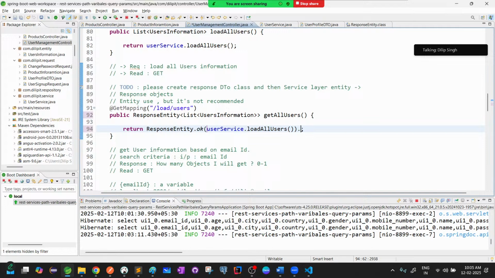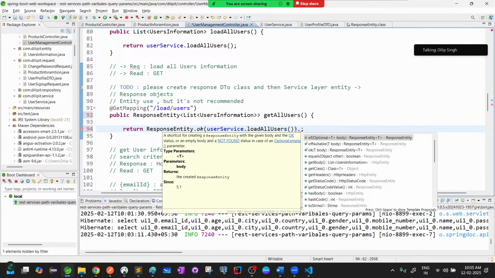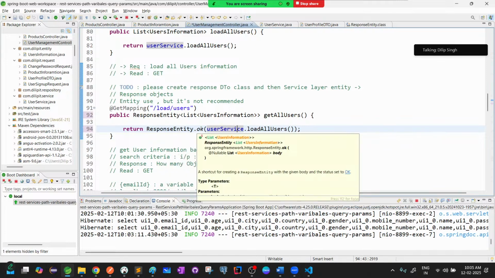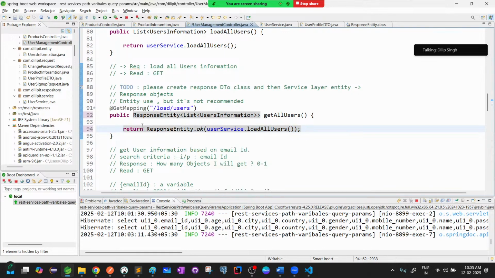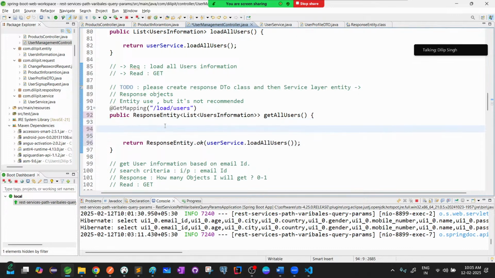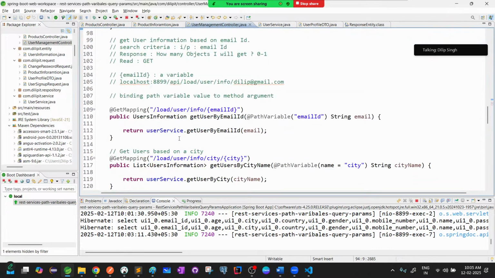So it's all core Java skills, guys. You can't say like, sir, what you're writing under. So that means 200 okay, if everything is good. Or you can write if else conditions also in this case. Okay, now what I will do,